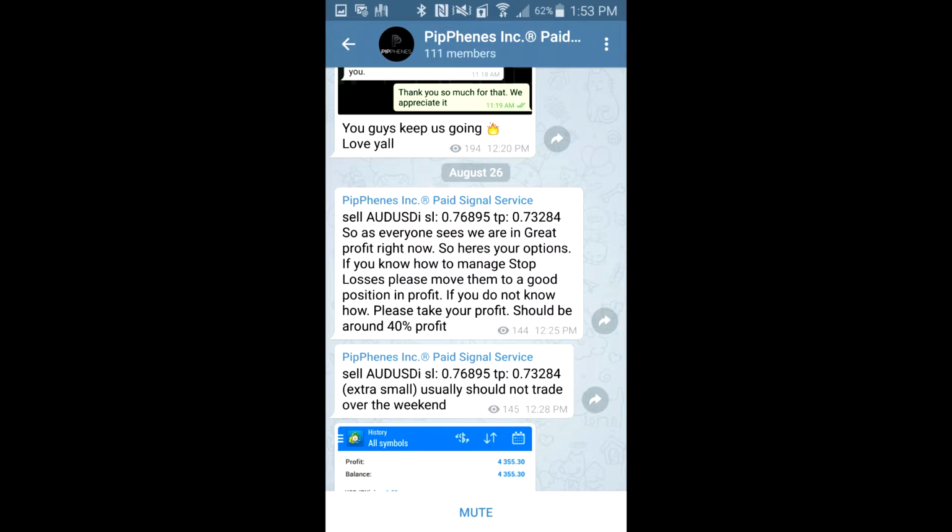But as you can see here, the main topic is the sell odd USD and the stop loss, the take profit, and it kind of gives a description here of what you can do, what they're going to do, what they recommend you to do, something that when we get into the free service you wouldn't see. Now it's this background information that really allows you to make that extra bit of money, because if you don't quite have that background information, it's harder to get things spot on and harder to really get every dollar you can out of the trade,